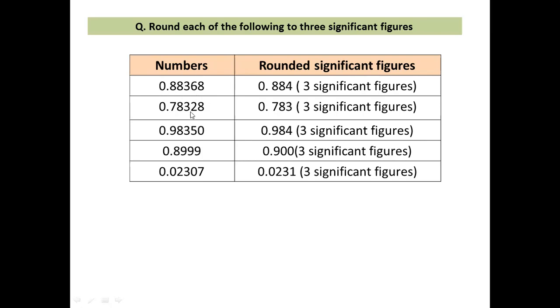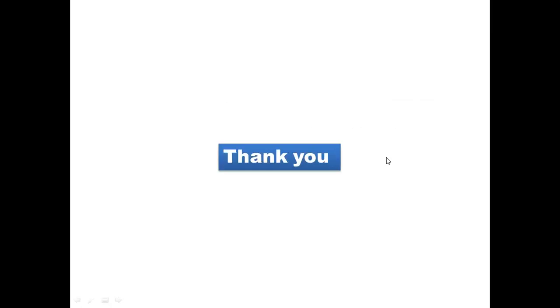You see the fourth figure here, this digit is not greater than 5, so the 3 digits will be considered as 783 only. If this fourth digit was, suppose, 9, then 1 would be added to this 3, so the overall quantity would be 784. So these are the rounding off rules. See the fourth digit, and if it is greater than 5, it will be rounded up by adding 1 to the digit on the left side, that is 884. So these are the several rules for rounding off.